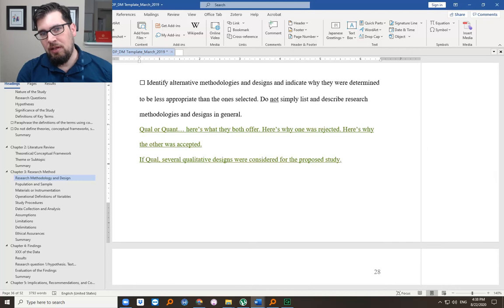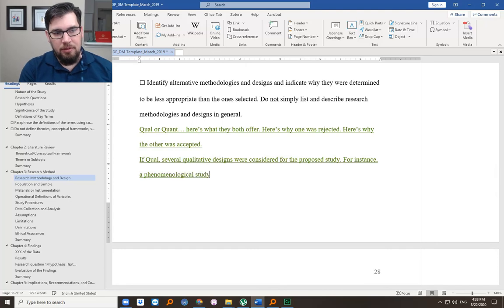You probably want to save the one you're picking for last. For instance, a phenomenological study or design is useful for, and you'll want to elaborate on that with citation,